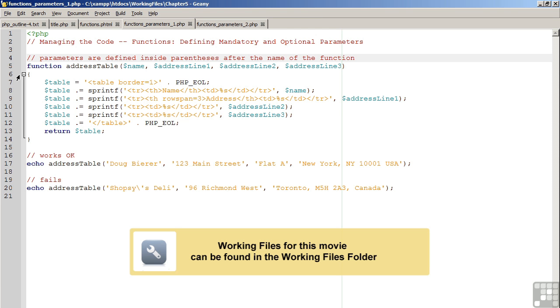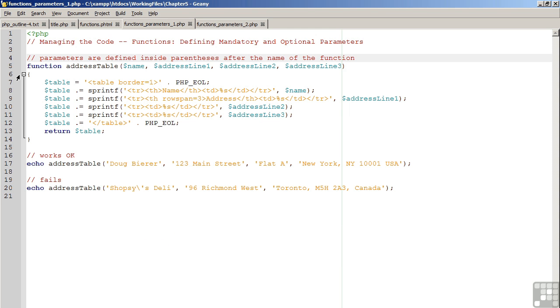Moving over to our first code example, as you can see, we've got a function called addressTable with 4 parameters. The parameters are $name, $addressLine1, $addressLine2, and $addressLine3. On lines 7 through 12, we define an HTML table which identifies a name and up to 3 lines of